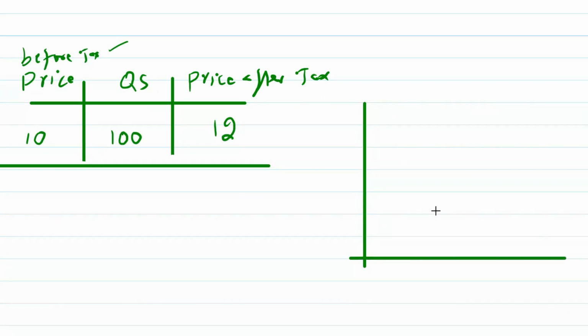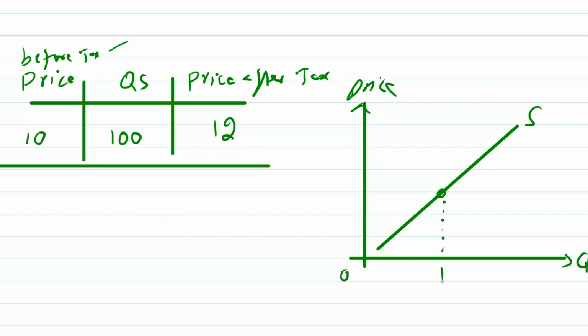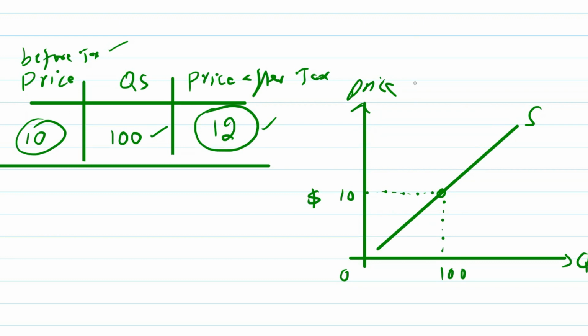सो प्राइस आफ्टर टैक्स 12 हो जाएगी। अब अगर हम इसी चीज़ को सप्लाई कर्व पे प्लॉट करेंगे, लेट्स अज्यूम कि इनिशियली सप्लाई कर्व हमारे पास ये था, we have quantity on x and this is the initial supply curve, and we have price on y, and we have quantity equal to 100 units, and at quantity 100 initially price is $10, right? This is $10। अब क्या हुआ, अब गवर्नमेंट ने $2 का टैक्स लगाया, तो सेम क्वांटिटी के लिए अब प्राइस $12 हो गई। सो अब हमें इसी सेम क्वांटिटी के लिए थोड़ा सा ऊपर जाना होगा ताकि हमें न्यू प्राइस $12 मिल जाए। सो दिस इज द न्यू प्राइस आफ्टर द imposition ऑफ टैक्स। इट मीन्स the new supply curve will cross from this point, so the new supply curve is this one।